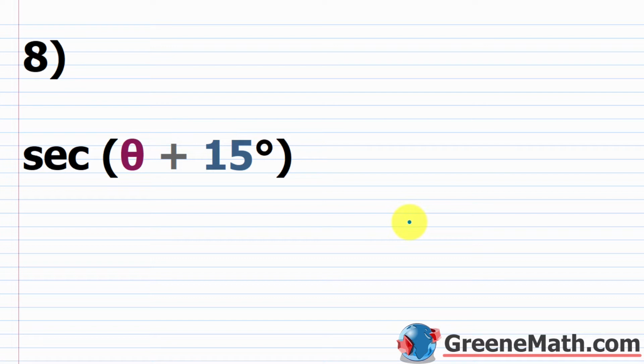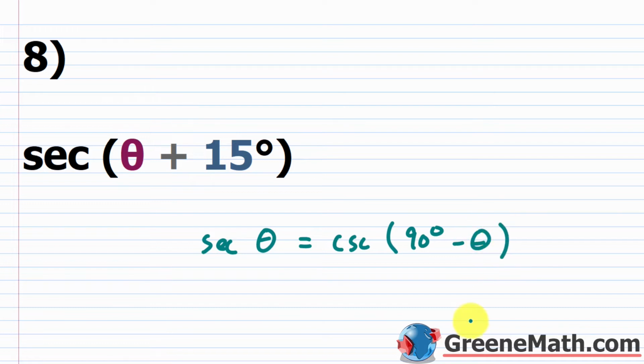All right, let's take a look at problem number 8. So we have the secant of, you'll have this quantity for your angle measure, theta plus 15 degrees. Again, we're going to assume that theta plus 15 degrees is some acute angle. So recall that if you have the secant of some angle theta, this is equal to, the cofunction here is the cosecant, so the cosecant of this guy, 90 degrees minus theta. Okay, so setting this up in a similar way, we would say this is equal to the cosecant of 90